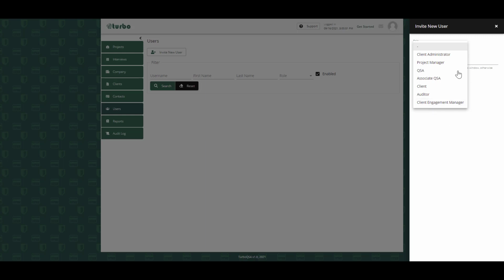So first what we're going to do is we're going to enter a couple of QSAs into the system. All right. And I'm just going to make a few up here using my own email address here at TurboQSA. So we're going to say QSA, let's say 10 at TurboQSA.com. And what's going to happen when I click this invite, a link will be emailed to this individual, and